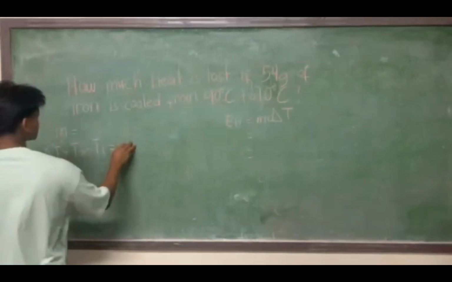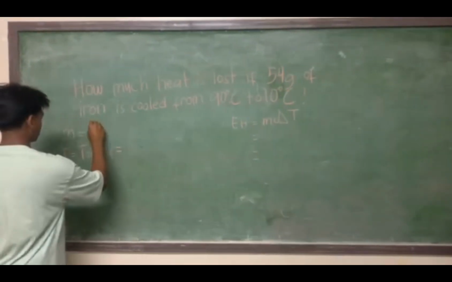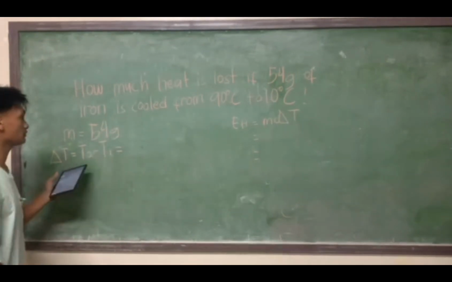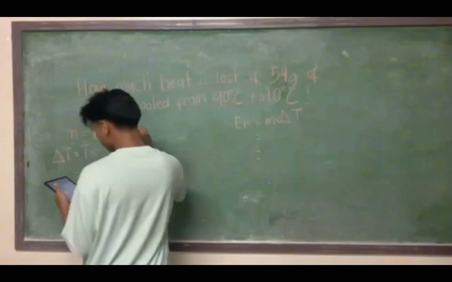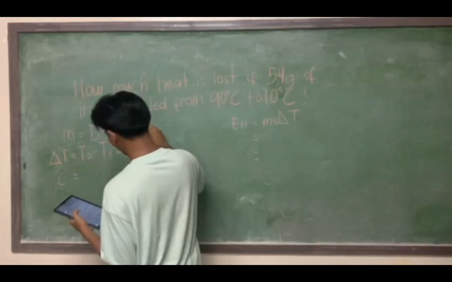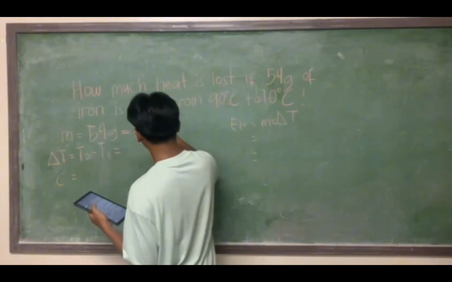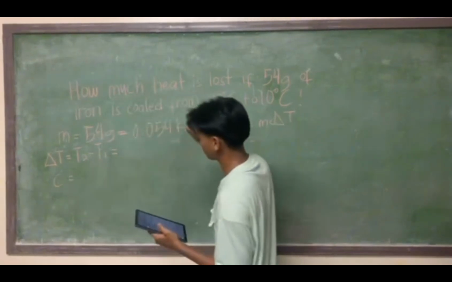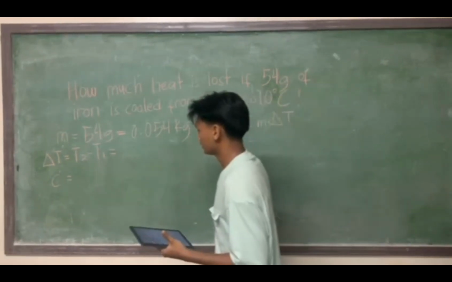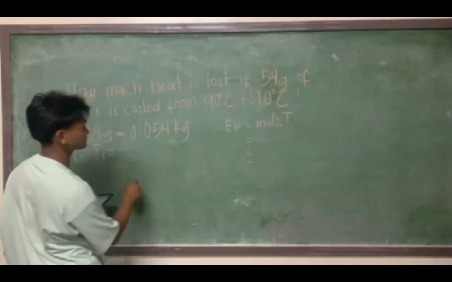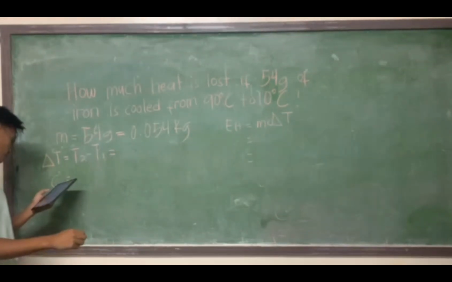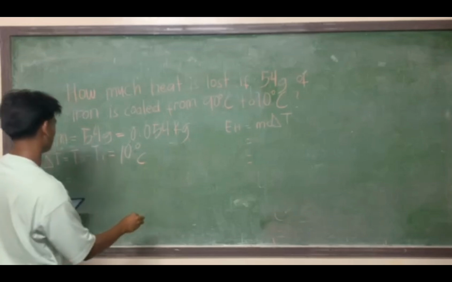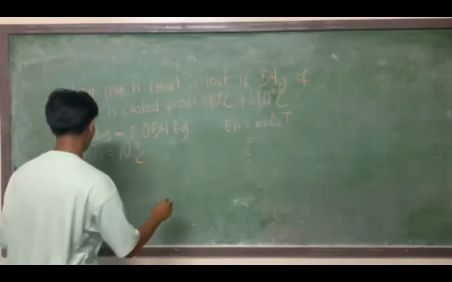The mass is 54 grams. 54 grams is equal to 0.054 kilogram, and the temperature two is 10 degrees Celsius, and the temperature one is